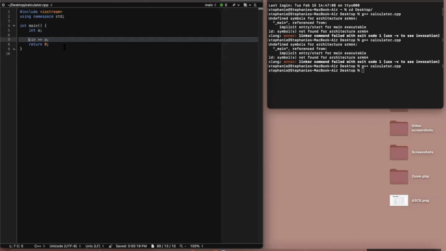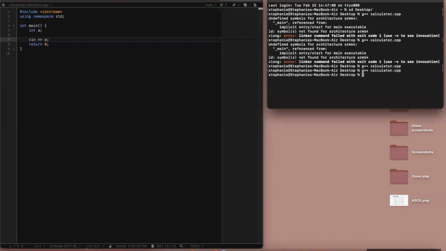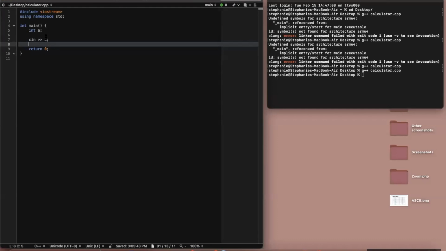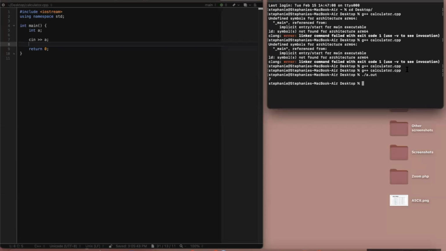Okay. Very nice job. And now let's just make sure this all compiles still. Perfect. So we have a program here that has compiled, and what it's going to do is ask for input from the user. To see that, we're going to do a dot out. And notice here, it's just waiting. It's not doing anything. It's actually waiting for input from the user right now, but it's kind of hard for us to tell that. I could enter 7, and now it's going to continue because it took that input, but